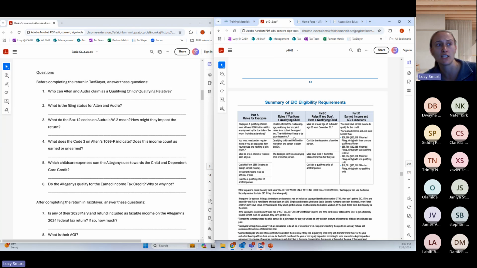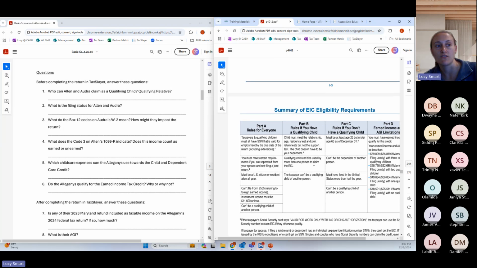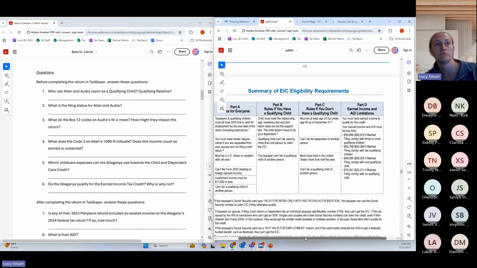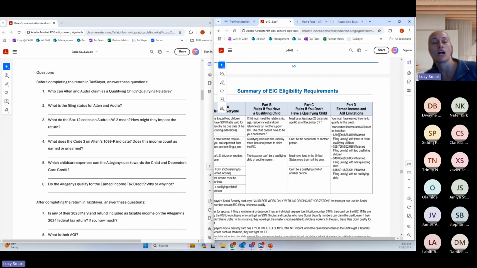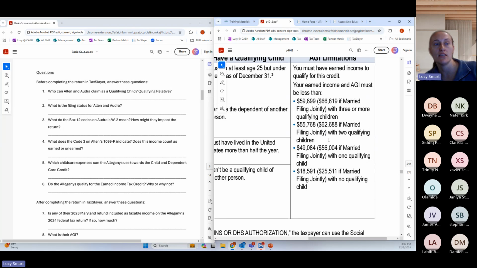Part B, rules for a qualifying child. They have 2 children who meet the relationship, age, residency, and joint return tests. So we're good there. Their qualifying child can't be used by more than one person to claim the credit. That's fine. And the taxpayer can't be the qualifying child of another person. Still all good. What we need to determine is if they're under the earned income and AGI limitations. So let's zoom in on that. They have 2 qualifying children and they're married filing jointly. So their income needs to be under